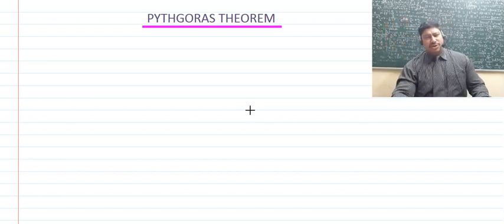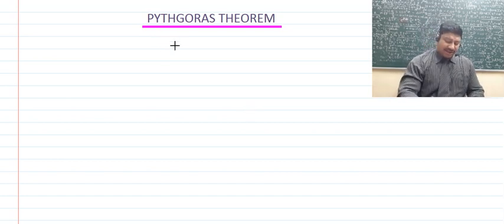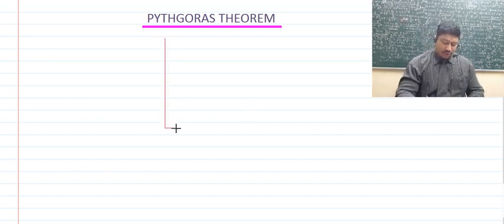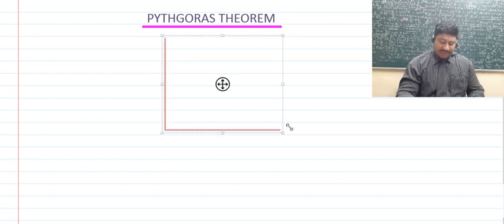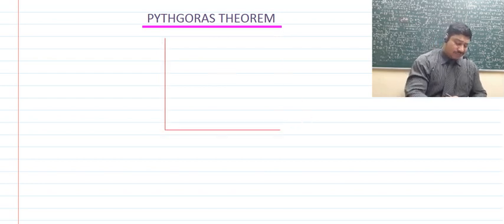Now, children, today we are going to pick up Pythagoras Theorem and try and understand what this theorem is. Let us say that we have a right angle triangle, and in the right angle triangle, let us say that we talk about the largest side square, then it is equal to sum of the squares of the other two